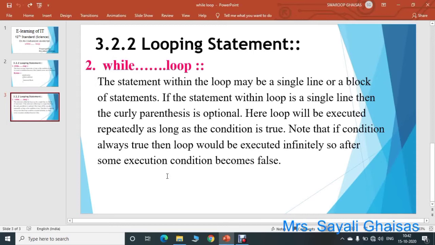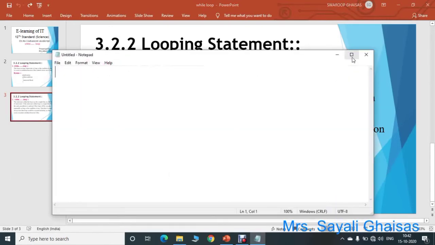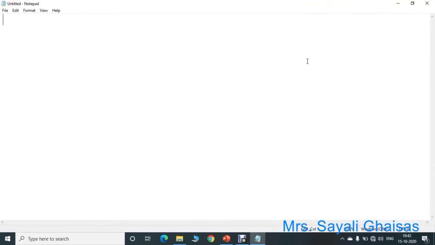Let us write a program using the while loop. First of all, open Notepad. Here, instead of Notepad, for practice purposes you can also use Notepad++. First of all, doctype HTML, then the HTML tag, start and end. Within the HTML tag, now we will add a head tag.